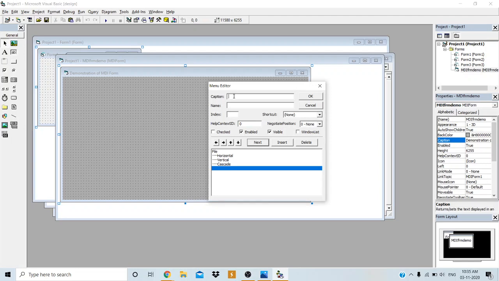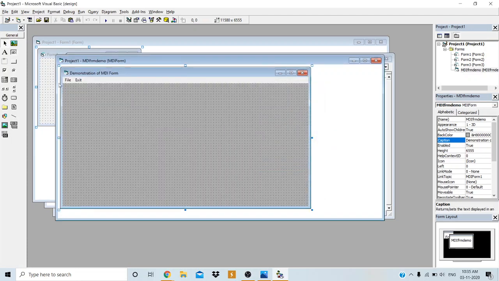I will give the caption as exit, and give the name as menu exit. Then click on OK. When you click on OK, all the changes you have made here are going to apply, and this dialog box will close.